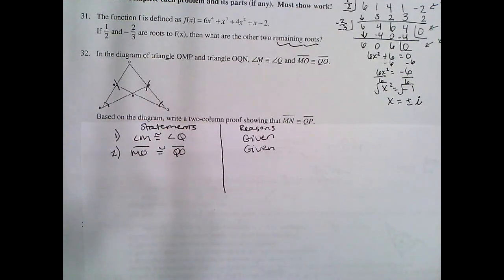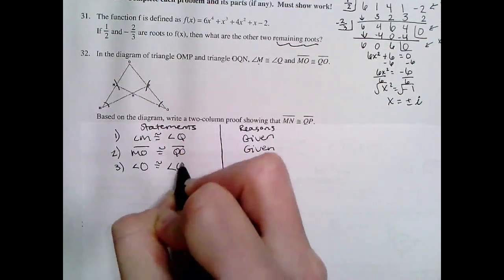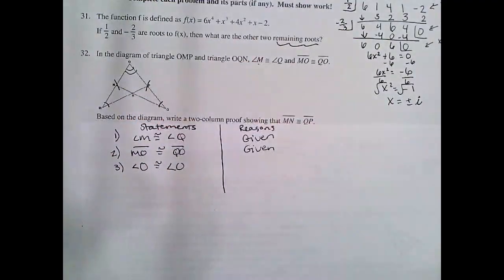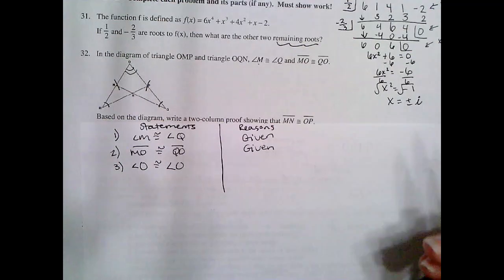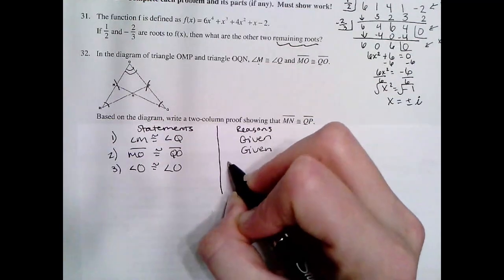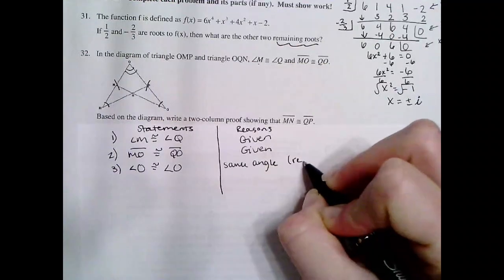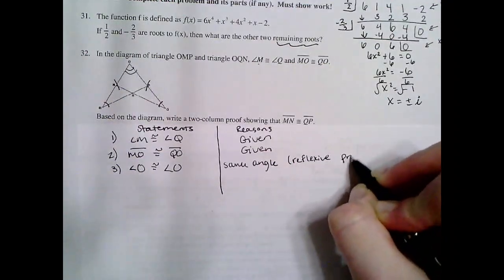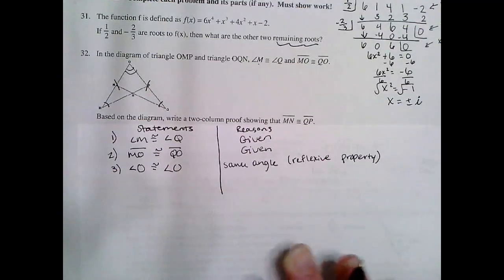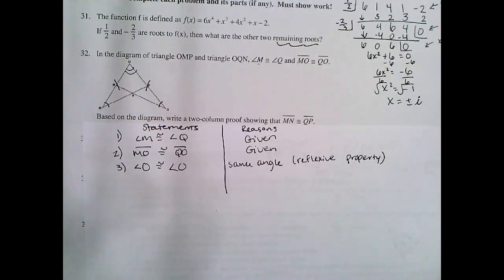All right. Next would be angle O, you could say, is congruent to what? Angle O is congruent to angle O. It's working in both triangles, so you can make a note of that. Some of this can be written in different orders. And the reason here would be that it is just the same angle. It's itself. This is called the reflexive property, saying that a side is equal to itself, an angle is equal to itself. So the reason is that it's the same angle, but you'll probably see something like the reflexive property